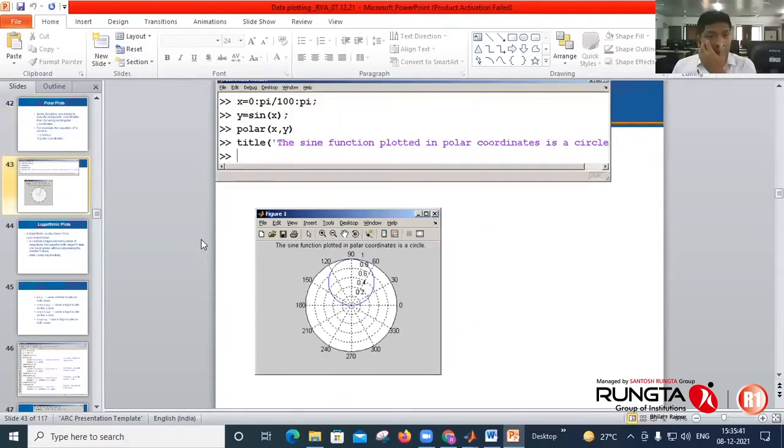Like this: define x from 0 in steps of pi by 100 to pi, y is sin x. Then instead of plot, type polar(x,y). This will do it.